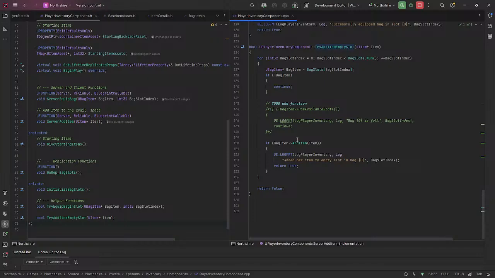One thing that doesn't happen here is I don't replicate the item, and I wonder if I need to do that. Let's see. For some reason, I wasn't adding it as a replicated sub object, so I'm a little concerned why I wasn't. So I'm checking. I was working on another project